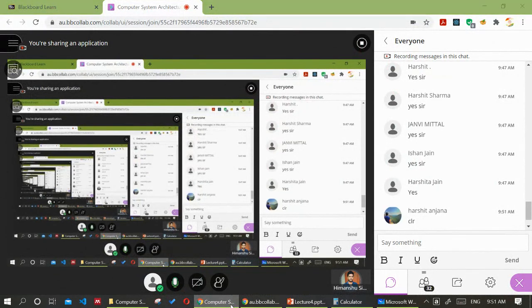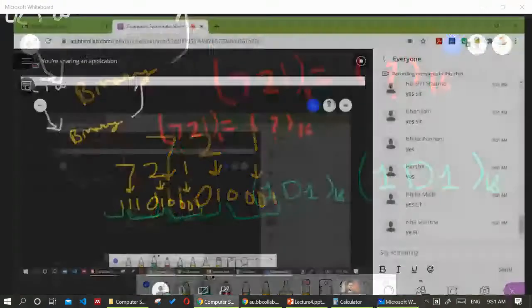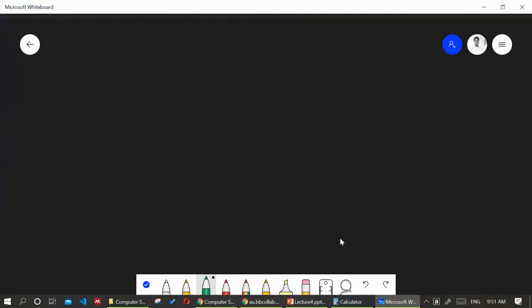In the reverse way, if you want to convert hex to octal, then just write the binary equivalent of the hex, and then take groups of three and write the decimal equivalent. Clear? So now let me tell you some shortcut tricks to convert a binary number to a decimal number.